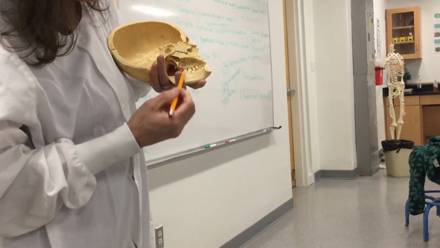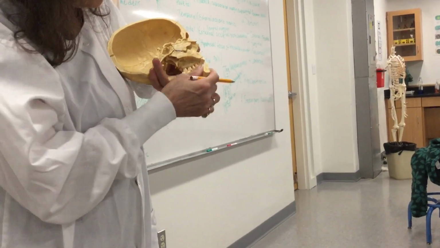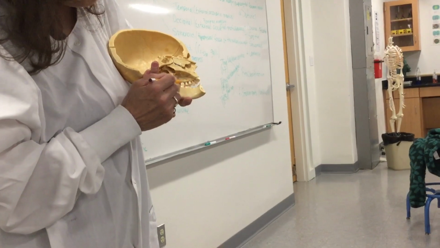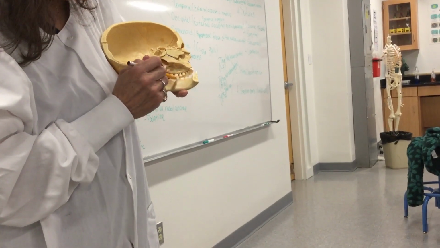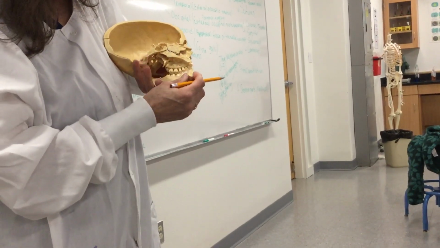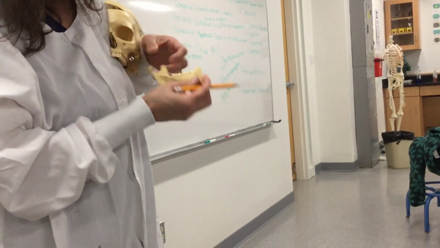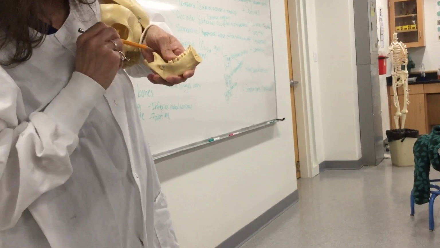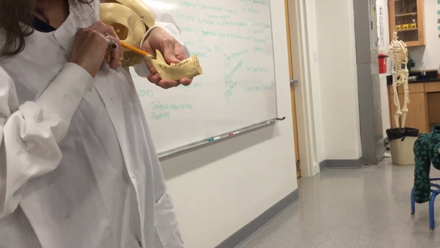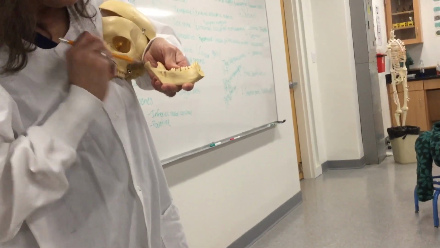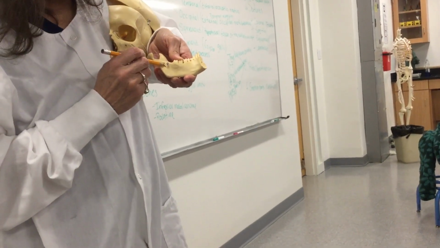Now, other parts that you can see here in the medial view will be the alveolar processes of the maxilla and the mandible, which hold the teeth. And then here in the mandible, we can see the coronoid process, the mandibular notch, and the mandibular condyle. And this, which will be the